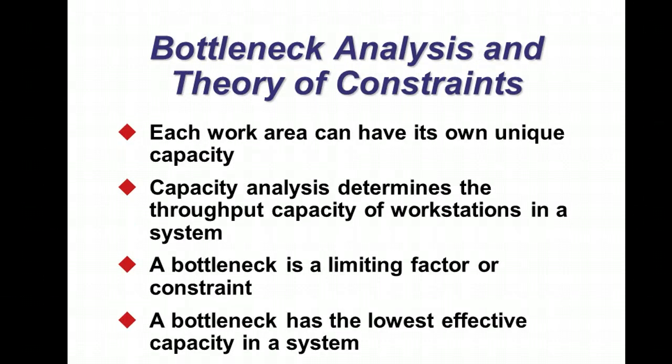Okay, so bottlenecks are just what they sound like. If you're trying to achieve a certain amount of capacity and you just can't get there because of some limiting factor, that limiting factor in a production sense is probably the bottleneck, right? So you figure out, okay, this process can only produce so many units. And why is that? Well, because this one machine is whatever. That machine is the bottleneck. So you'd identify that bottleneck, and by definition, it has the lowest effective capacity in the system.